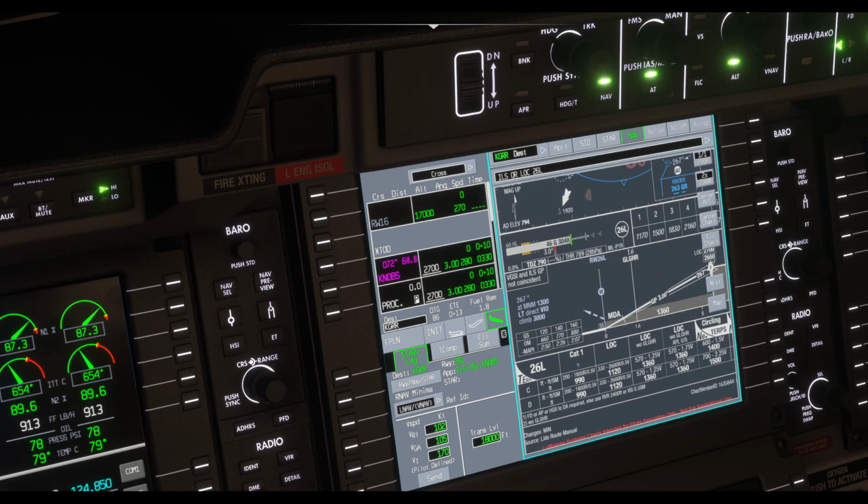Meaning not the one without. Well, there's two ways to do this, but we'll use 1120 as our decision